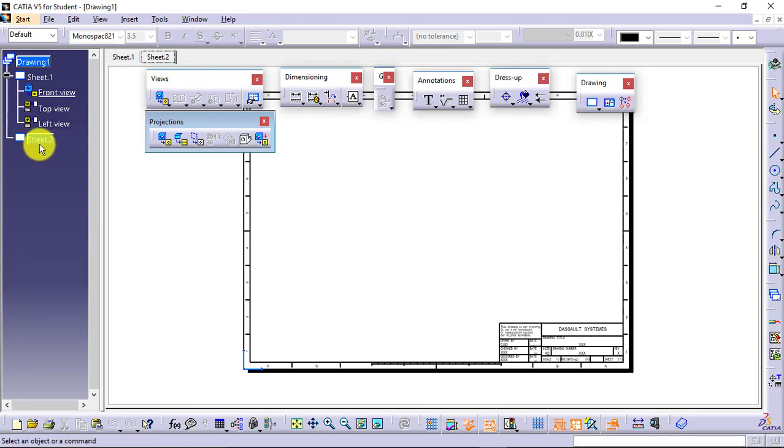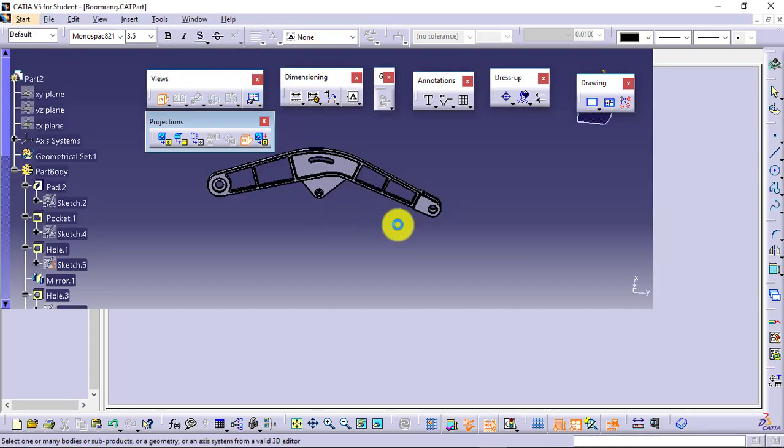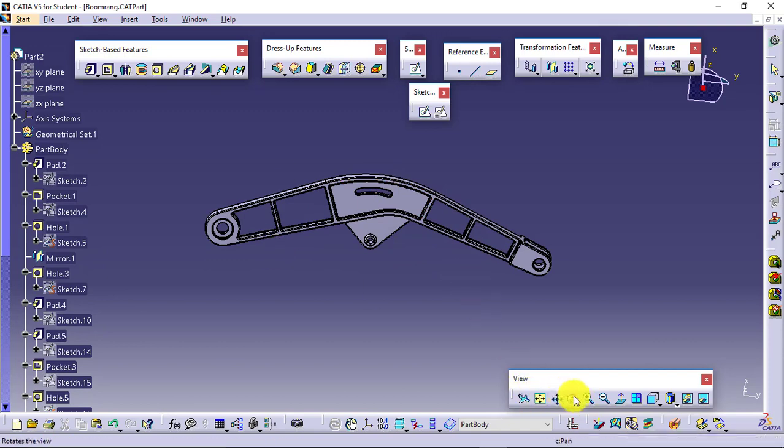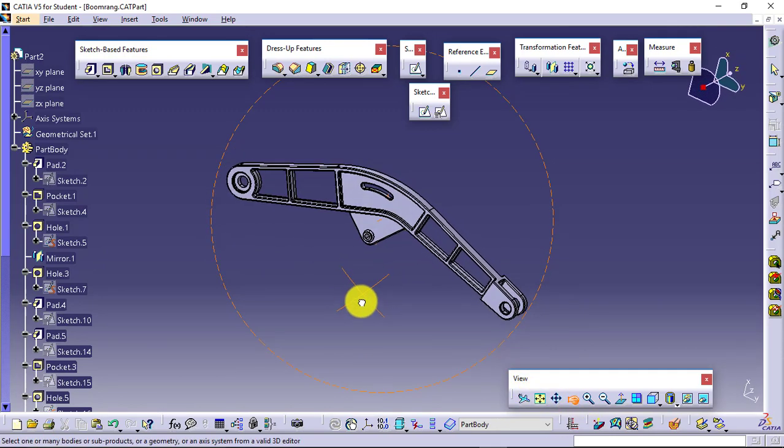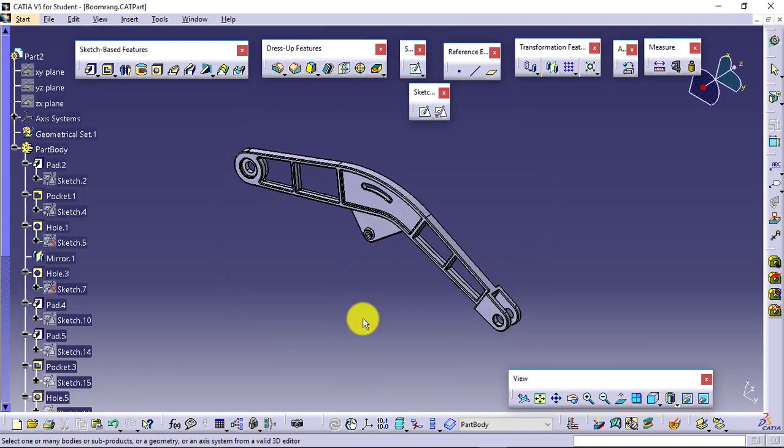A new sheet will be added, sheet 1 this one, sheet 2 this one, and you can place the views again. Say in this sheet 2 I want to place the isometric views, I will go for isometric view. Now isometric view is again a new view, so I'll go for window, shift to the part design environment. Here I will be orienting my part in the manner I want it to be placed, and then I will select any of the face of that.